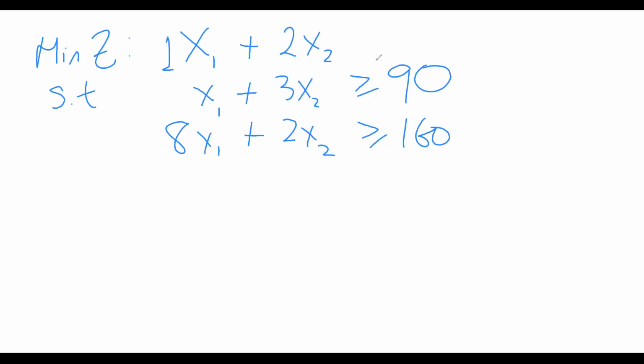So for the second constraint, you have at least 160 of it. To produce an x1, you need 8 units of it. And to produce an x2, you need 2 units of it. So together, when you produce x1 and x2 in the appropriate ratio, you will need a minimum of 160, or you may need more. That's how you read that. 3x1 plus 2x2 is greater than or equal to 120. Again, it is some constraint. They didn't specify. But it means that when you produce an x1, you're going to need 3 units to produce the